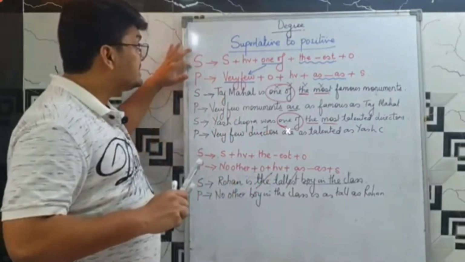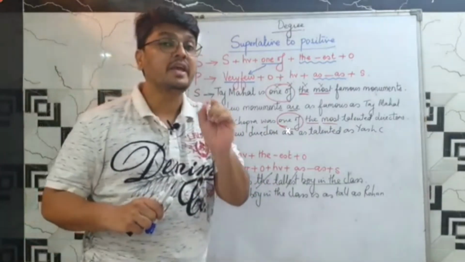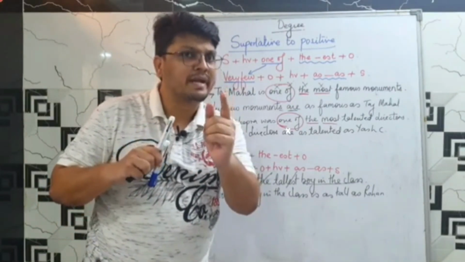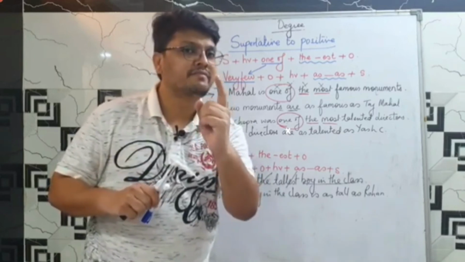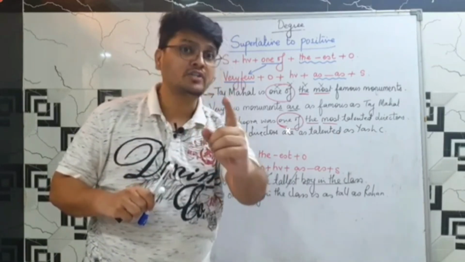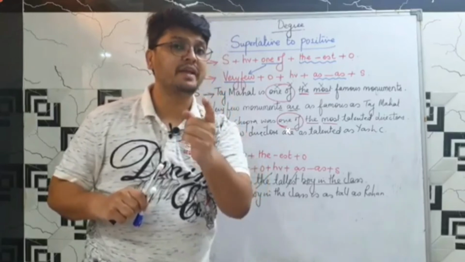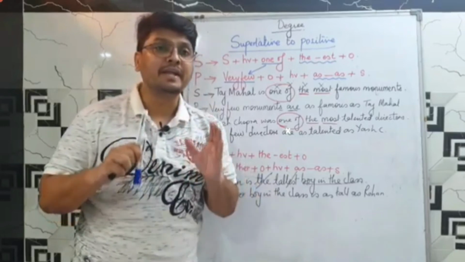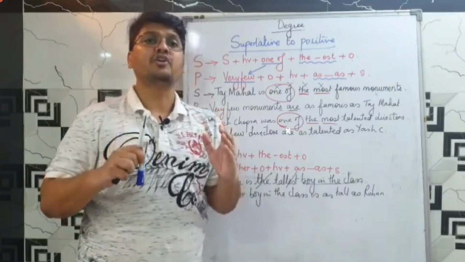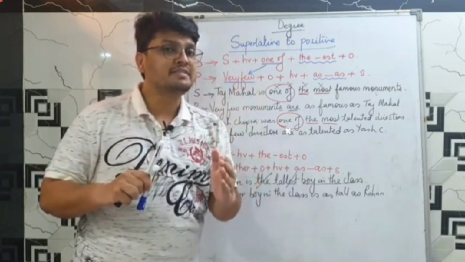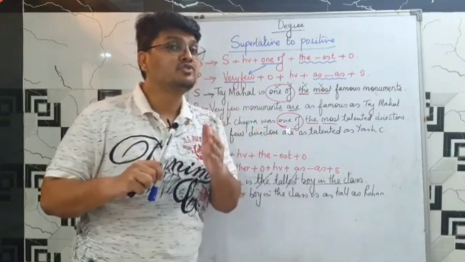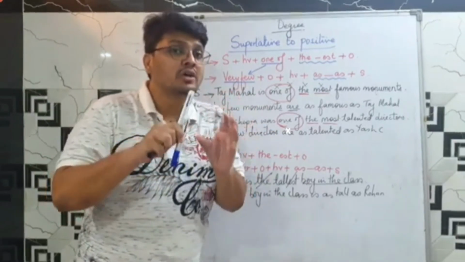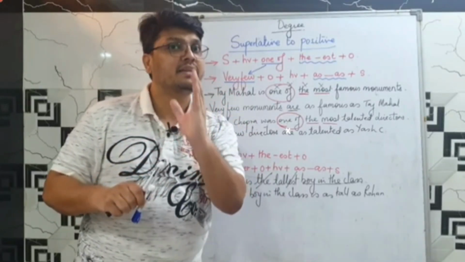This one of type of superlative degree is asked in your board examination. So whenever you see one of in the superlative degree, see that you start the positive degree with very few. And if you do not see one of in the superlative degree, start the positive degree with no other. So students, here we have completed degree of comparison. Yesterday I taught you positive to comparative. Today we studied comparative to positive and superlative to positive. In these two videos, I have covered those examples which are likely to be asked in the board examination.